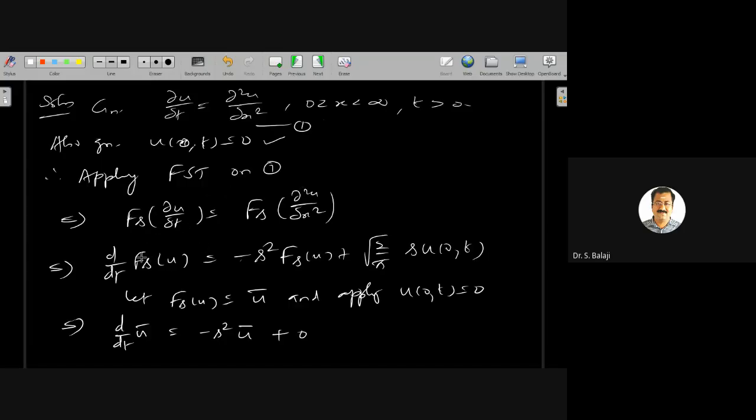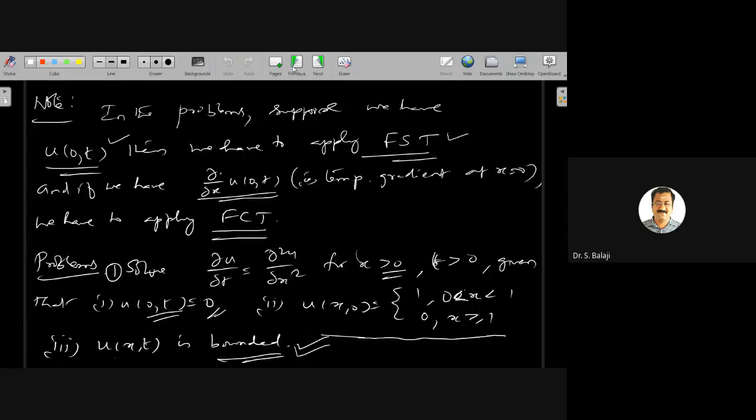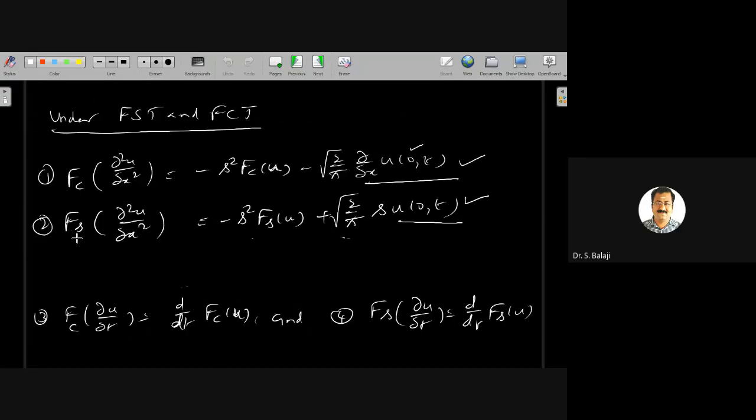Fs of dou u by dou t is equal to d by dt of Fs of u. Already you know that, you take dou by dou t outside of the integration: d by dt of the Fourier sine transform of u. And then for this one, you take the second result: Fourier sine transform of dou square u by dou x square is equal to